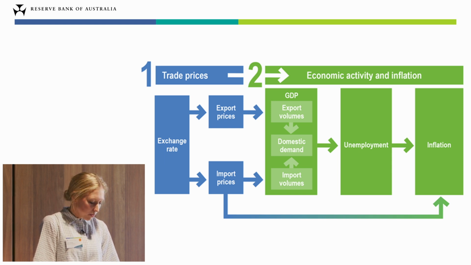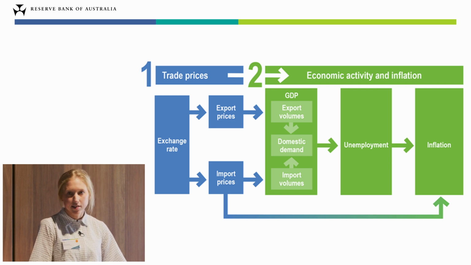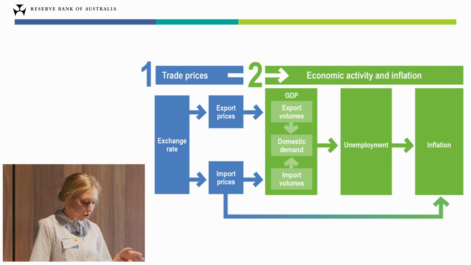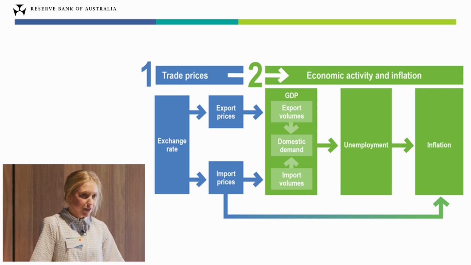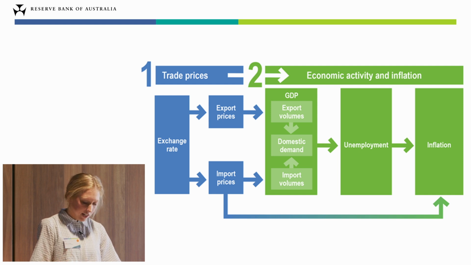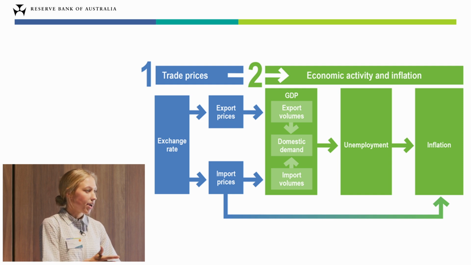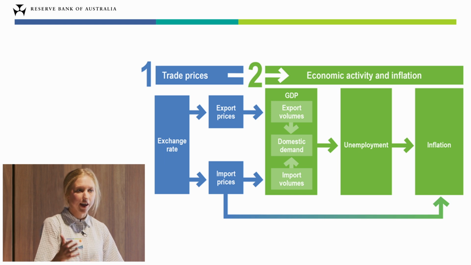The other perspective that we should consider is the way that the exchange rate can assist the RBA in meeting its monetary policy objectives. And again, I'll illustrate this through an example. Strength in commodity prices from the early 2000s through to around 2013 saw the Australian dollar rally or appreciate. For some of this period, interest rates were also increasing to contain domestic inflationary pressures. So without the simultaneous rise in the currency, it's very possible that interest rates might have had to rise further. And this is because the Australian dollar strength helped to divert spending overseas rather than domestically.